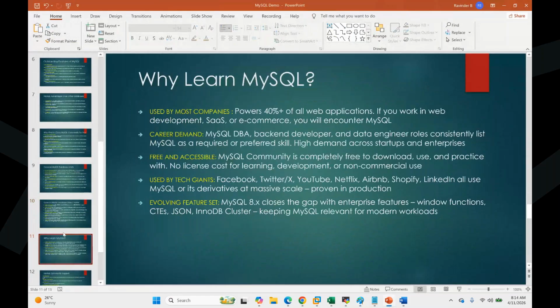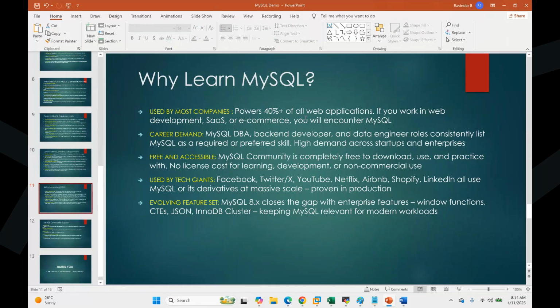It is used by most companies, especially for lightweight web applications, where MySQL is highly implemented. Career demand, why? Because the more implementation, the more opportunities will be created in the market, obviously, right? Every company has MySQL, at least a little footprint, mandatorily. So the more implementation, the more job opportunities. Simple. So the demand will be there, obviously.